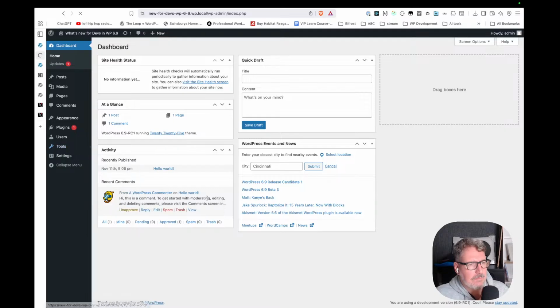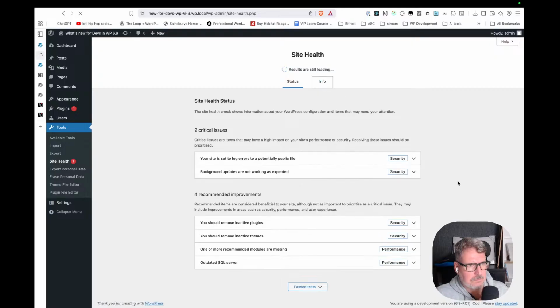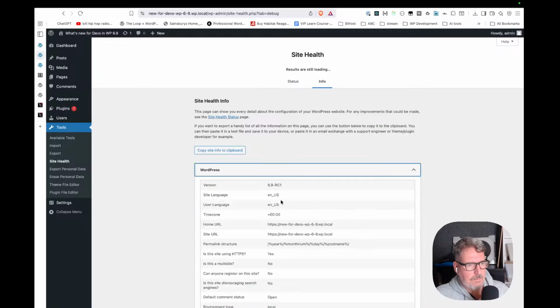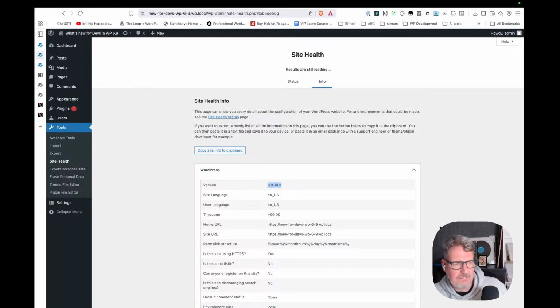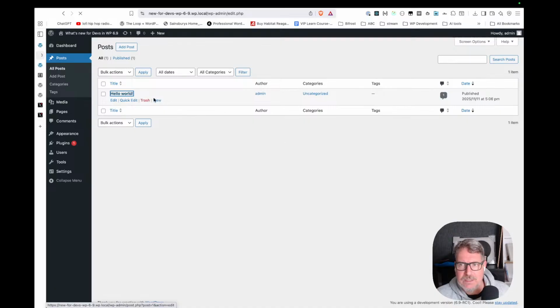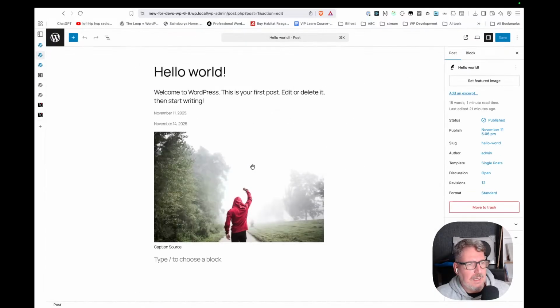Site health. This should be WordPress 6.9 RC1. In theory, this should include this change, but I don't see it here. I don't see